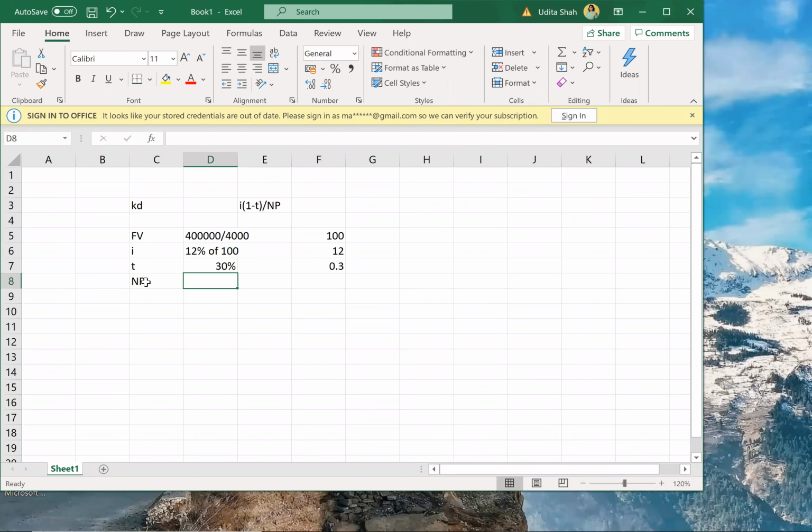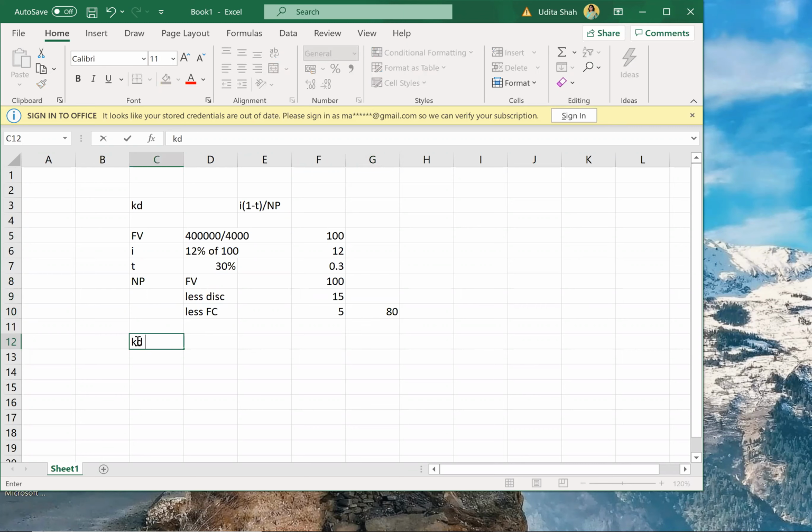So finally, I want to calculate my NP. What is the formula for NP? Face value minus discount. If it were premium, we would have added the premium. So less discount and less flotation cost. Face value is 100. Discount is 15% of face value, 15% of 100, 15. And flotation cost is $5. So this comes out to how much? This comes out to 80. Correct. NP comes out to 80.